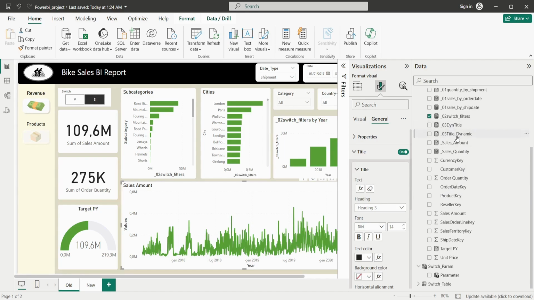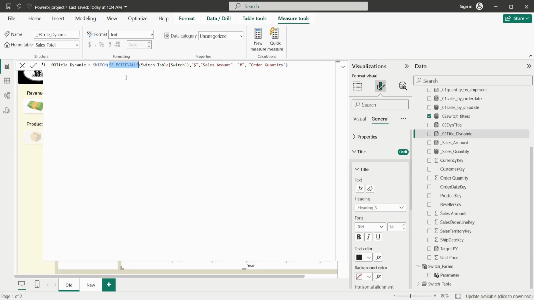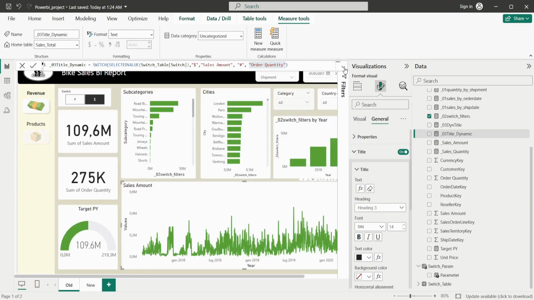So that title dynamic here used to be like this: selected value. This is one of the commands of the DAX language that I liked a lot, because it clearly says selected value from the switch table. If it's dollar, then show me sales amount. Otherwise, if it's hash, then show me the order quantity. Now it doesn't work anymore like this with the selected value. It gives you an error